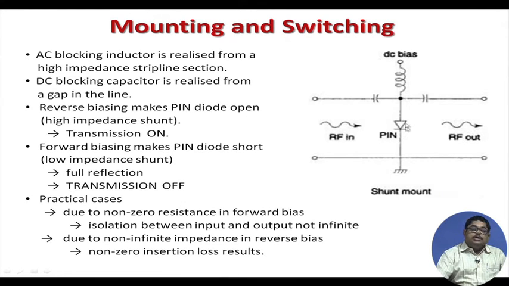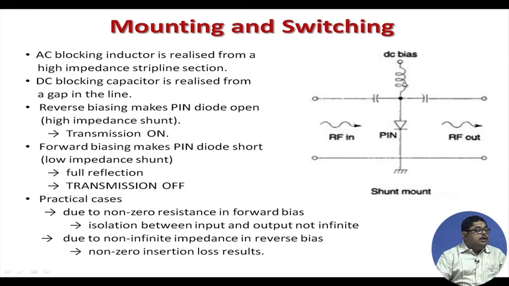And there are various ways of mounting. The popular one is the shunt mount. So, the PIN diode is placed across this line, the RF transmission line. RF is coming, and now you put the PIN here. You can also put the PIN in the series direction, but then the other circuit elements will be different. This is a good choice in our laboratories, etc. We make PIN diodes like this.